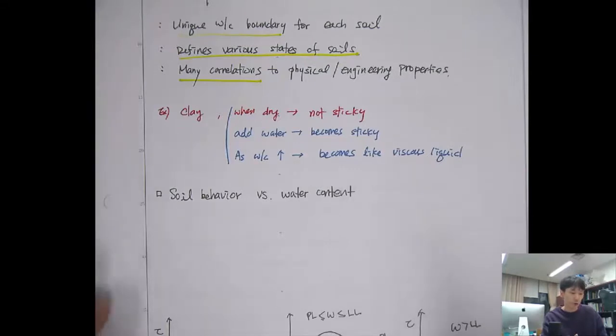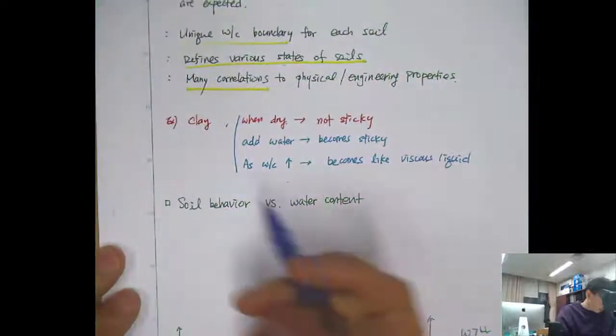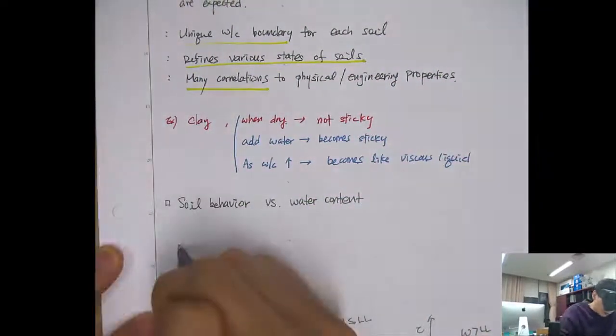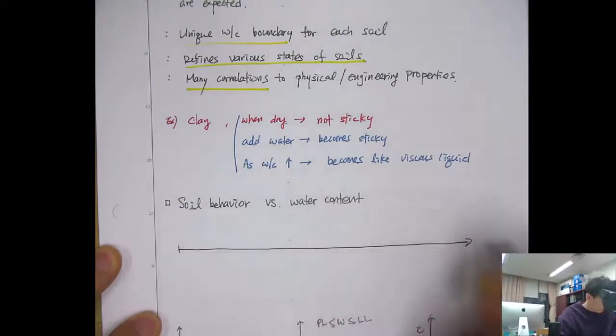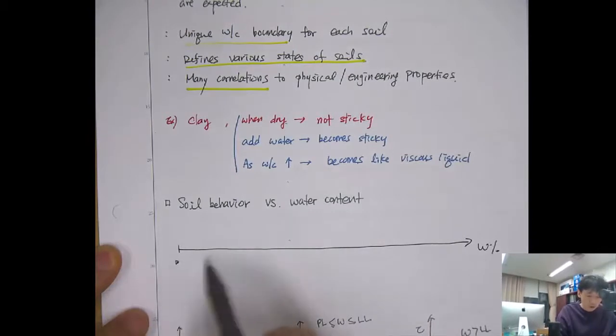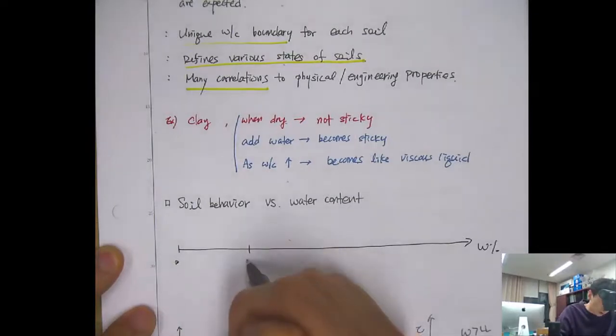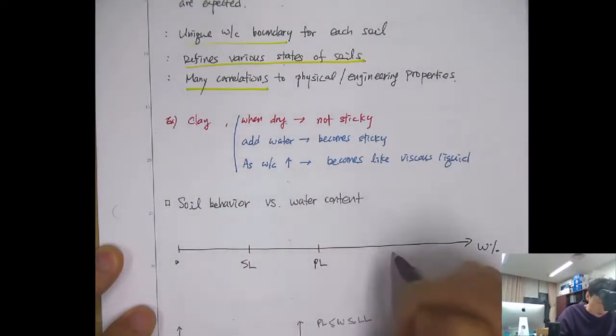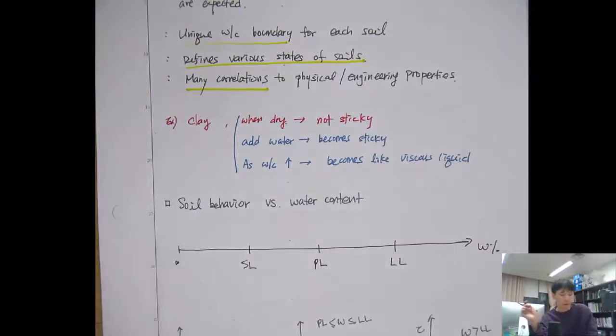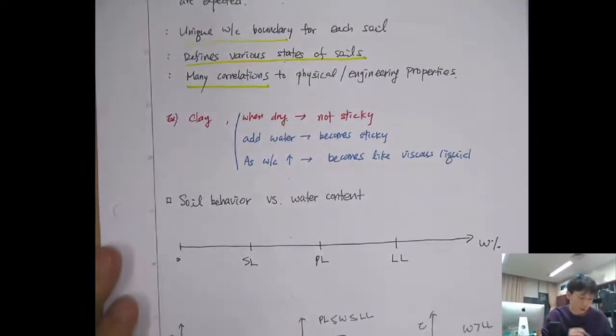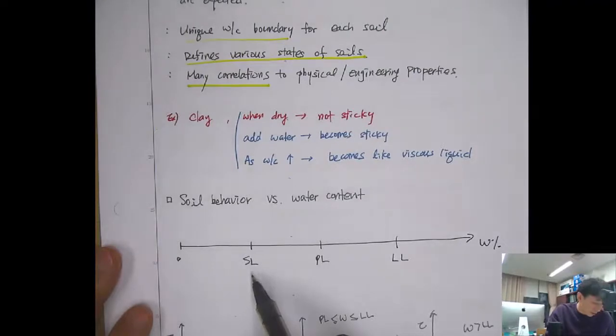So that's why we are using the threshold water content to describe the soil behavior, the fine-grained soil behavior. So the soil behavior versus the water content. Let's draw a one-dimensional axis. From 0 toward the right side, the water content increases, and there are three different threshold water contents. It's called the shrinkage limit,